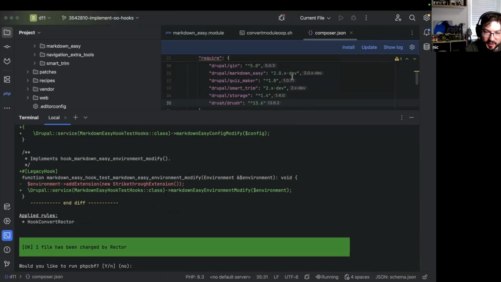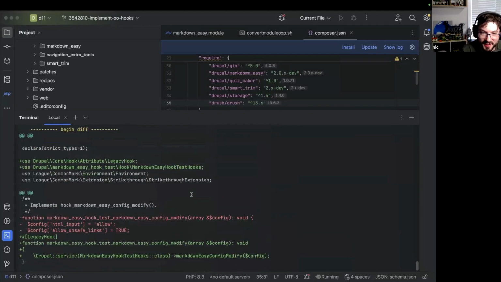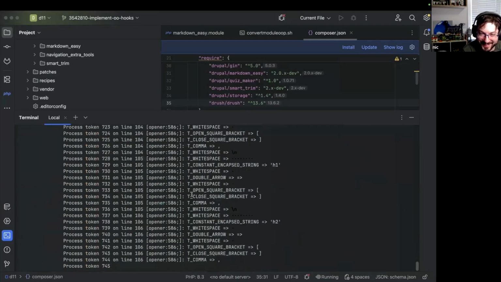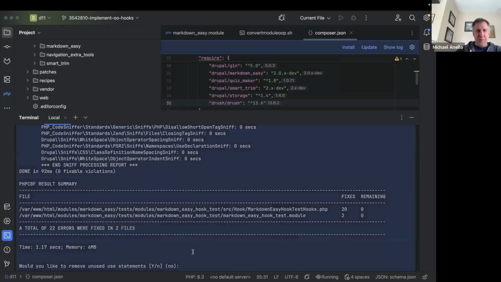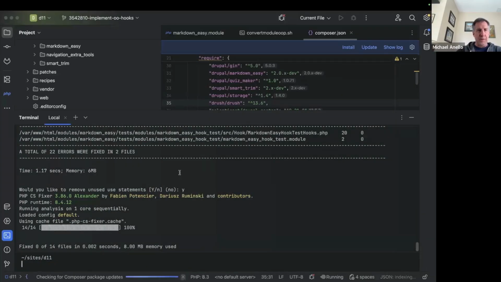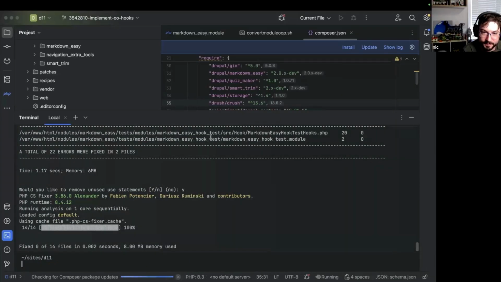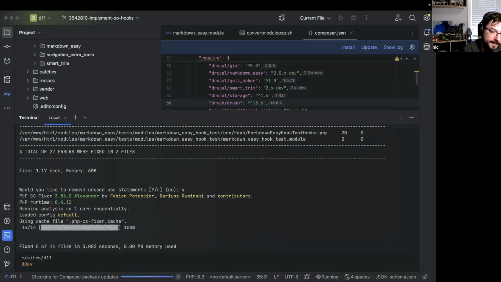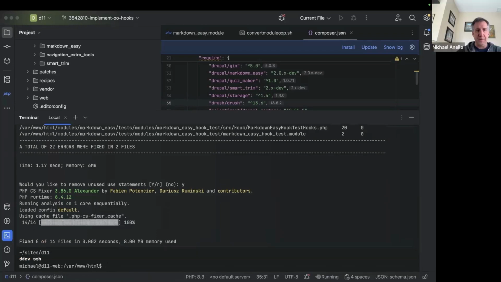It looks like it only ran on the test run again, so it looks like I didn't break something. Congrats on that. Remove unused. Regardless, let me run tests and see if all of our tests still pass, just for the heck of it. I always do this from inside. Clear that out. All right, PHPUnit,